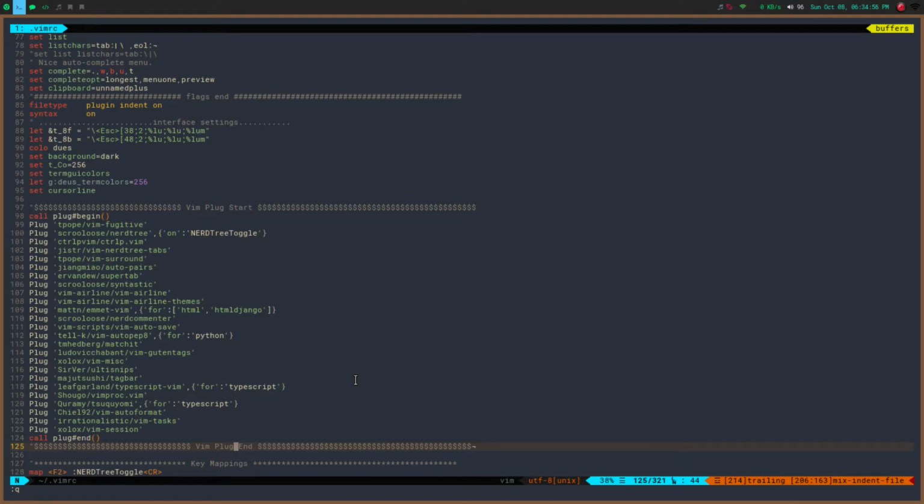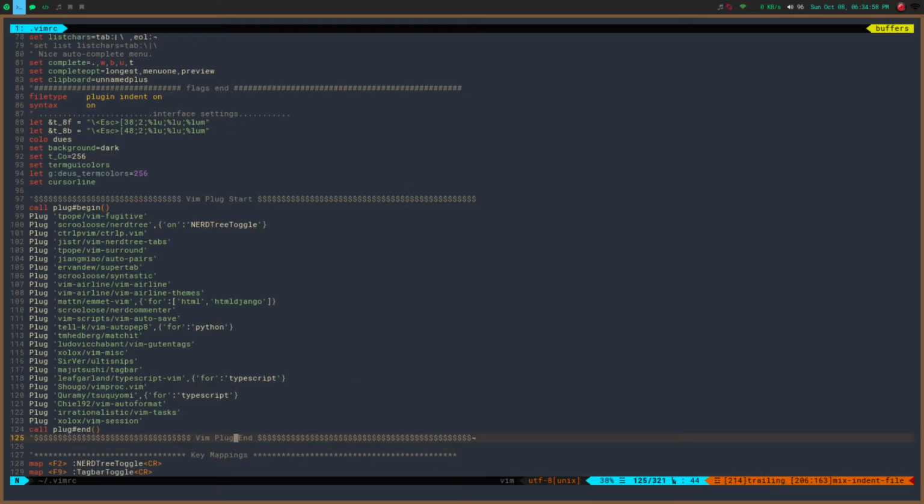To install plugins using vim-plug, you have to put these two lines, call plug#begin and call plug#end, inside your vimrc, and then put the links of the plugins that you want to install. For example, let's try vim-fugitive. I will try to install that,